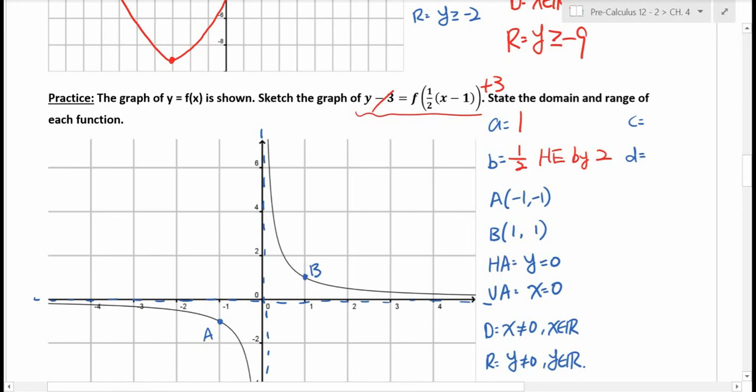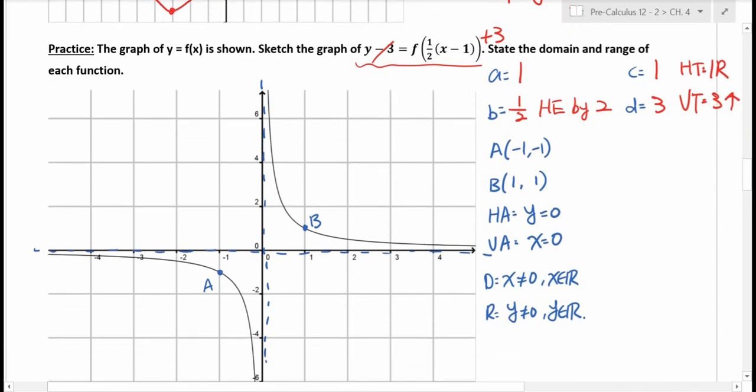Okay, because 1 over 1/2 is 2. C in this case is 1, so this is horizontal translation 1 right. For D, the value of D is positive 3. So we are going to have a vertical translation 3 units upwards. Okay, so what this is telling me is that